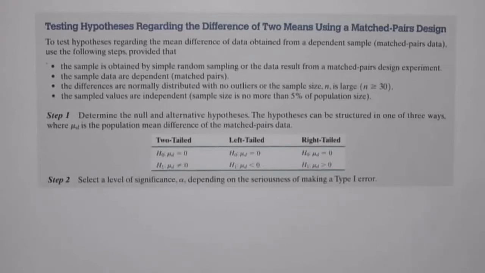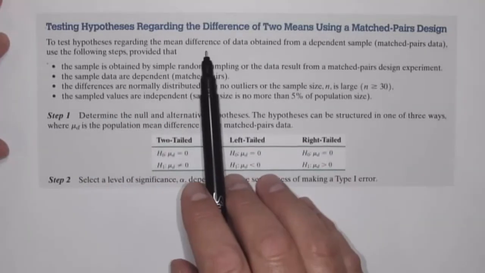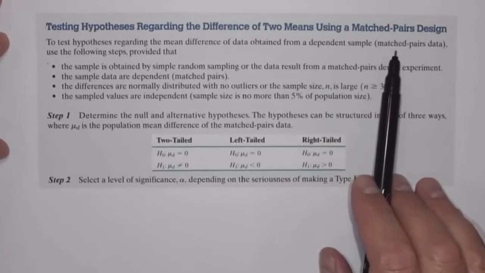In this video, we're going to look at testing hypotheses regarding the difference of two means using a matched pairs design. In other words, we're going to have two dependent samples. So the individuals in one sample determines the individuals in a second sample. So to test hypotheses regarding the mean difference of data obtained from a dependent sample, in other words, we're using